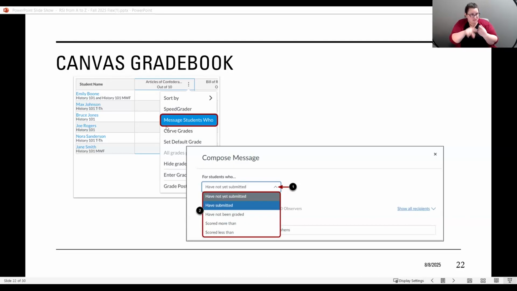Would messaging the students be considered RSI? I know Sally had mentioned this earlier as well. It's interaction and it's good for checking in on the students and making sure that they're following along in the course. But when ACCJC comes and evaluates your course after it's been taught, they don't see those messages.